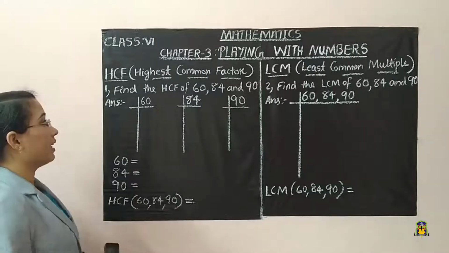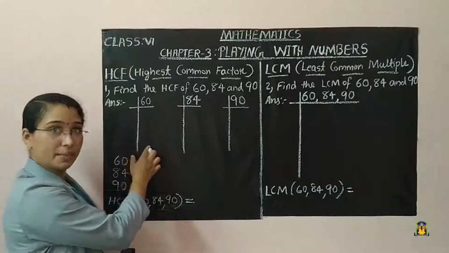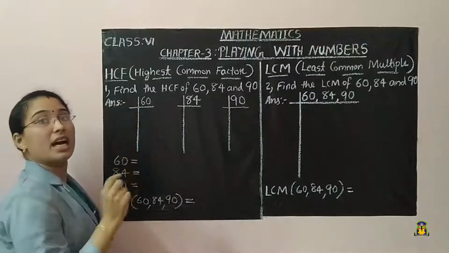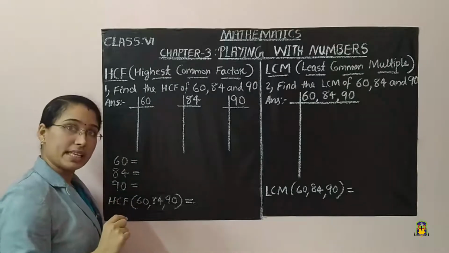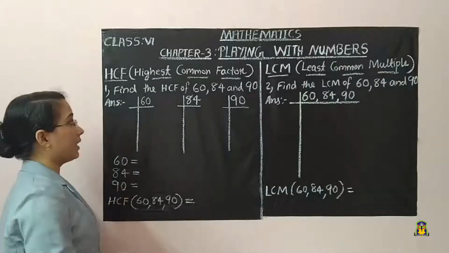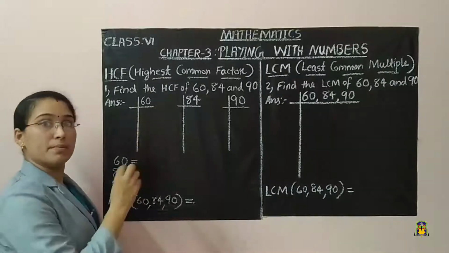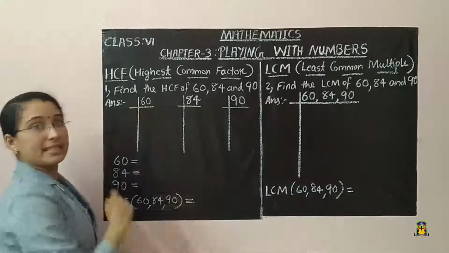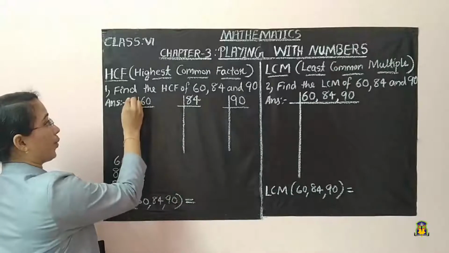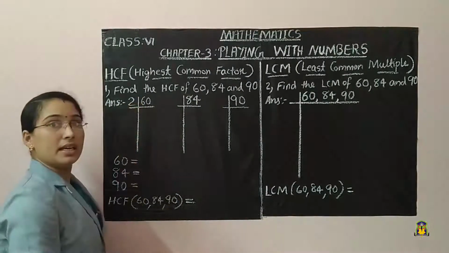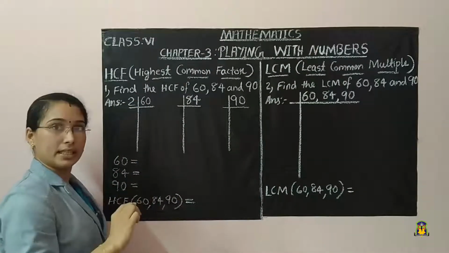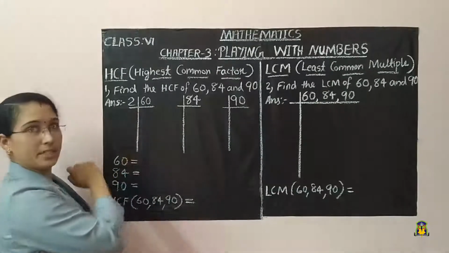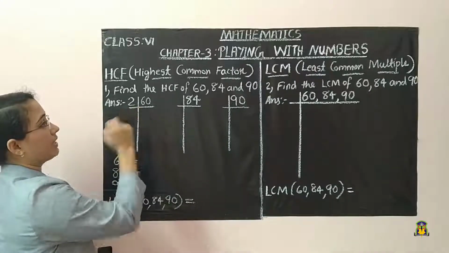Okay, first we can find out the prime factorization of the number 60. For that, we want to take the least prime number. Which one is the least prime number? Number 2. Then we check whether the given number is divisible by 2 or not. If 2 divides 60, we can write 2 here. If 2 does not divide, we take another number. But here 60 is an even number, so we all know 2 is divisible. Then 2 divides 60.